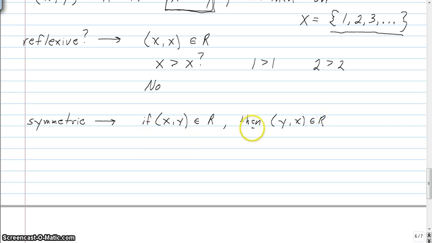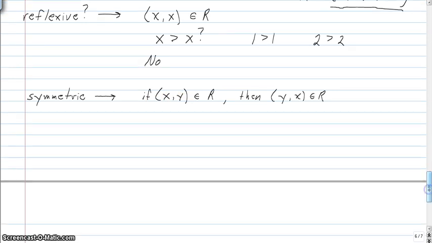This is a little if-then statement, so we could do a direct proof on this if it's true. So if we assume the if part, assume that xy is in the relation,